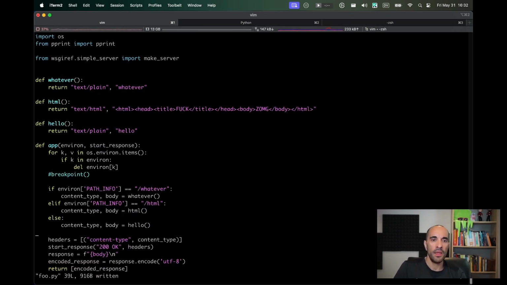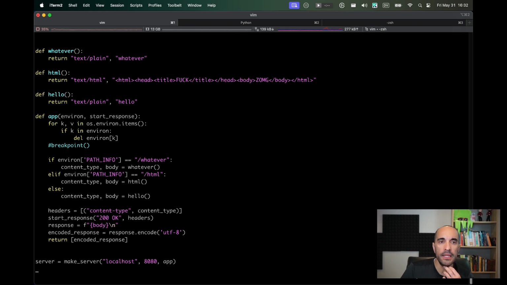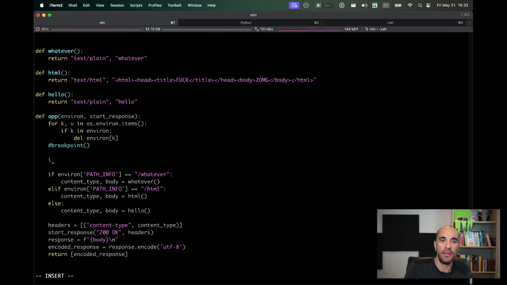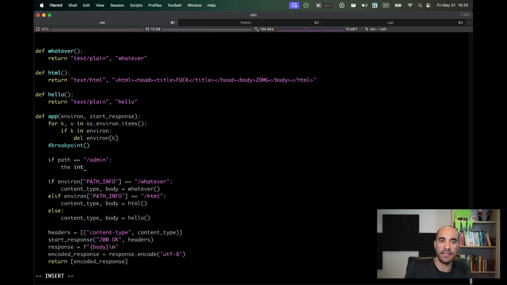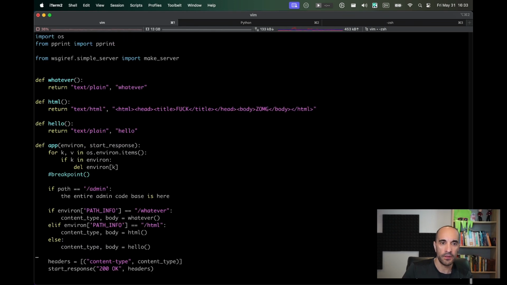So this is a little bit closer to what quote unquote real Python app development looks like. You don't have one big function that is like, if path equals /admin, then the entire admin code base is here. Nobody would ever do that. Otherwise this function right here is going to be like 900 pages long. So you break it up into